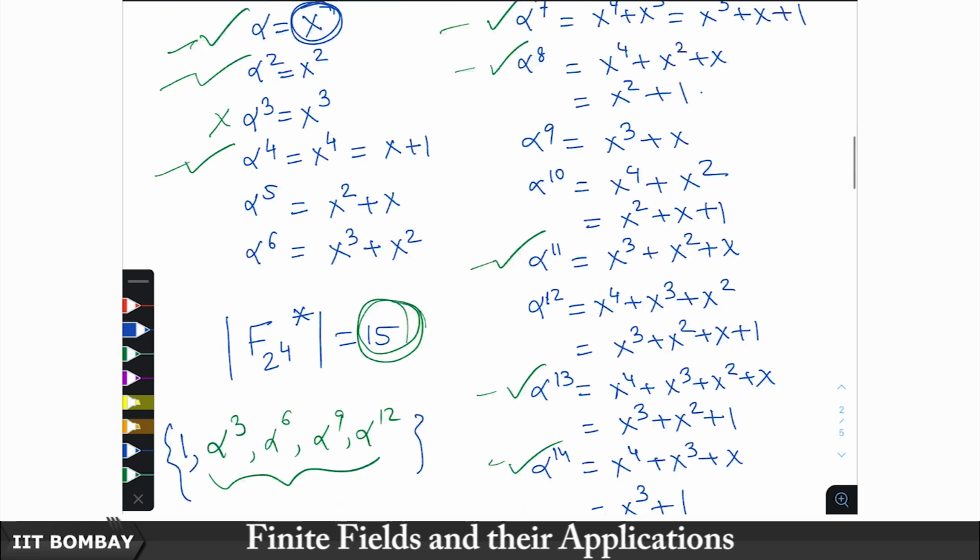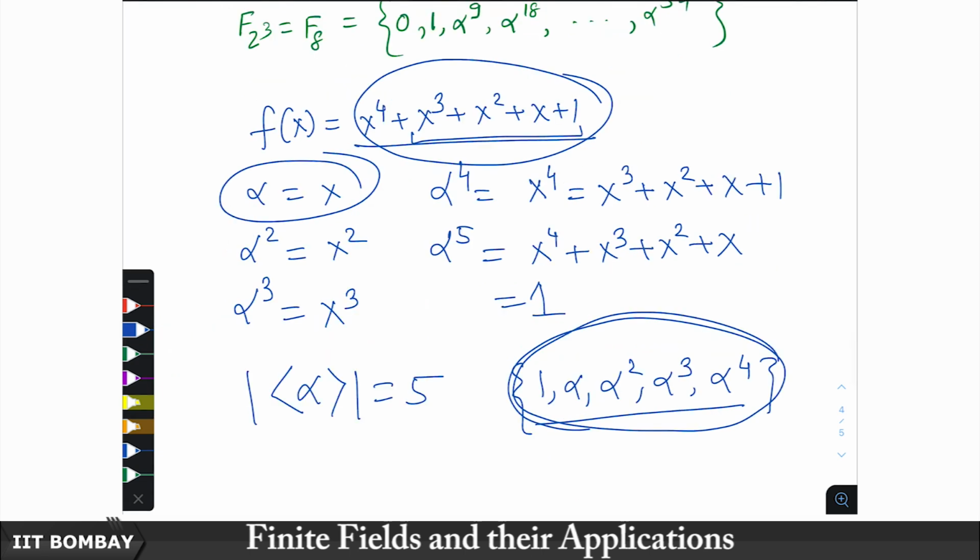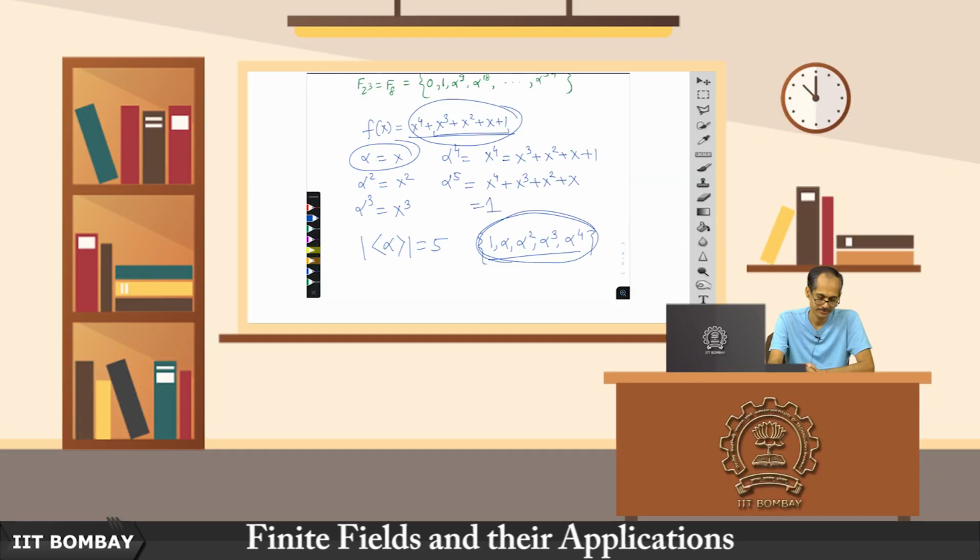Then we have seen how to identify the subfields of the finite field in terms of a primitive element. We have also seen how to identify all the primitive elements if we are given one primitive element: those powers of the primitive element which are co-prime with the order of the cyclic group, which is the order of the field minus 1. We will now